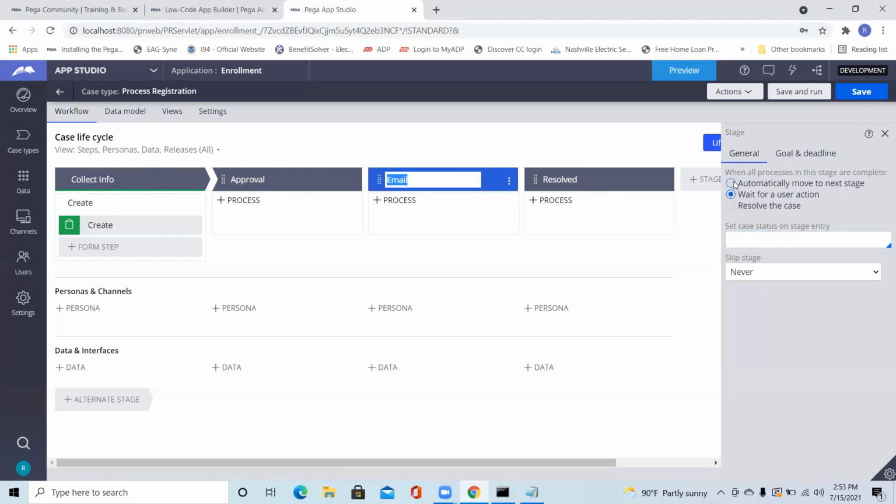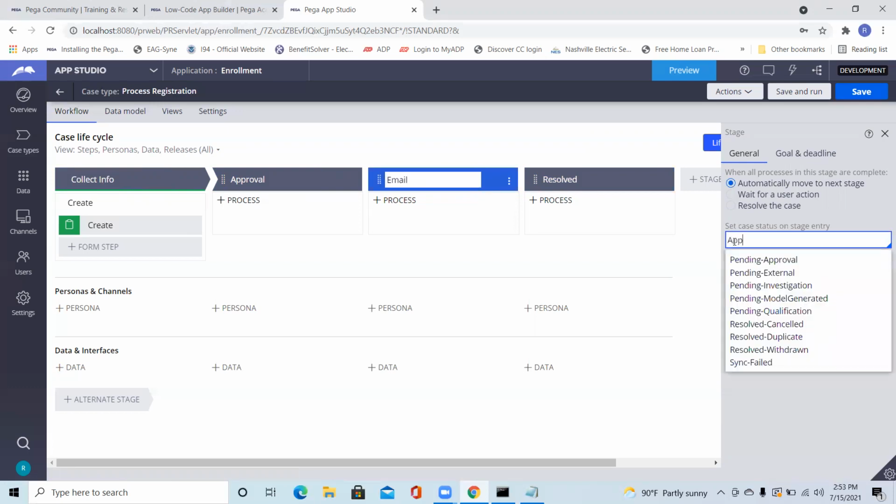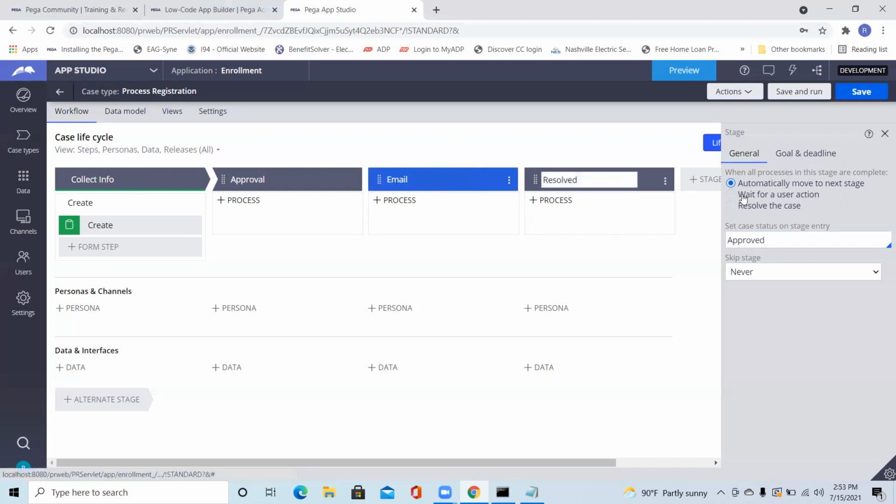It is automatically the next stage. And the last one will be resolve the case with the status resolved completed. When you go for approval, there are two possibilities: it can either approve or reject, deny. Once we add the approval process here, it will add an alternate stage automatically.